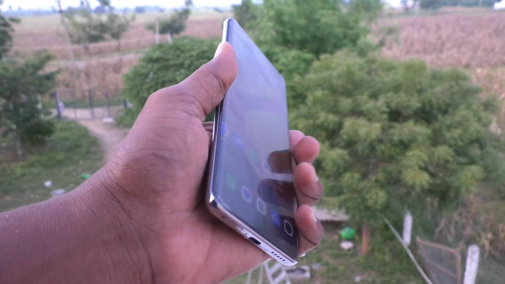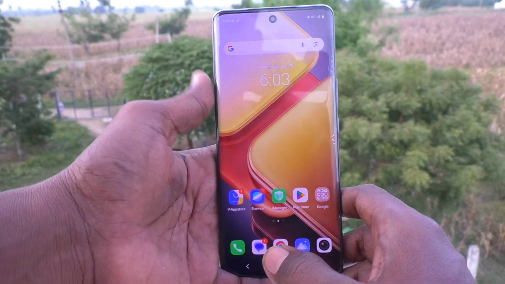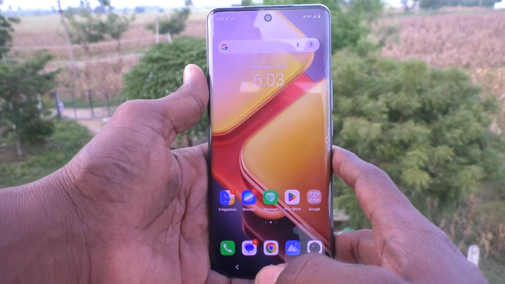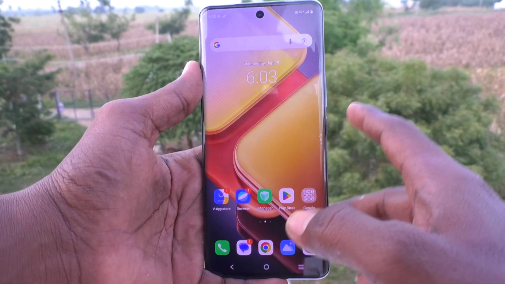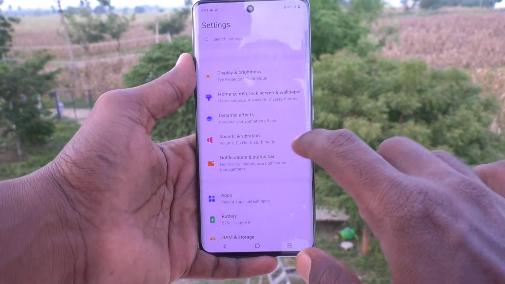Here is iQOO Z9s 5G smartphone. In this video, you will learn how to set full screen display for Netflix in your phone iQOO Z9s 5G. First of all, go to the settings of your phone here. Then go to